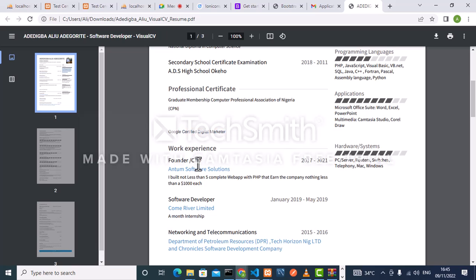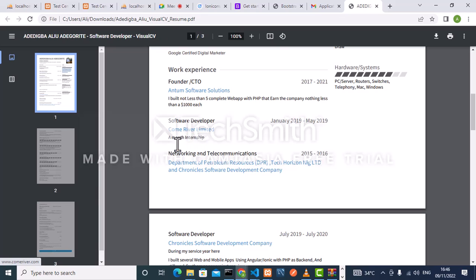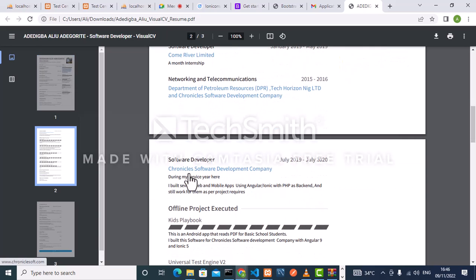Then your work experience. Where have you worked? Founder, CTO. Okay, this is the name of the company. I built not less than five complete web apps with PHP that earned the company nothing less than $1,000 each. That's one. Software developer at this particular company, a month's internship, networking and telecommunication at this company also, software developer,